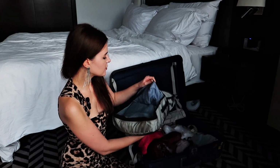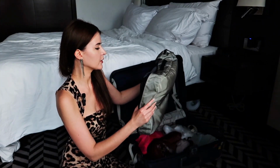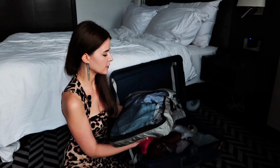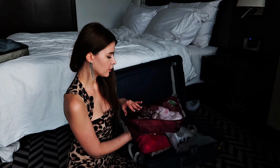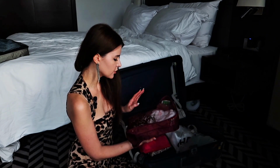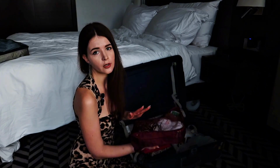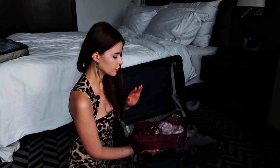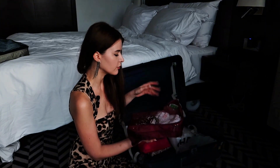Now, this is my clothing pouch. So as you could see, I threw everything really fast. This is my clothes that I was supposed to wear in layover, and I didn't go out, so I'm just wearing this dress. Then I've got a smaller clothing pouch. It has pajamas, underwear, some socks, and some other essentials like a dental kit and makeup remover in here. So I would take this pouch in case I go for a short layover, like less than 24 hours. And in this case, we don't have to take our crew suitcase, so I would just take this pouch with me. Of course, I would put more clothes here, and I would not...